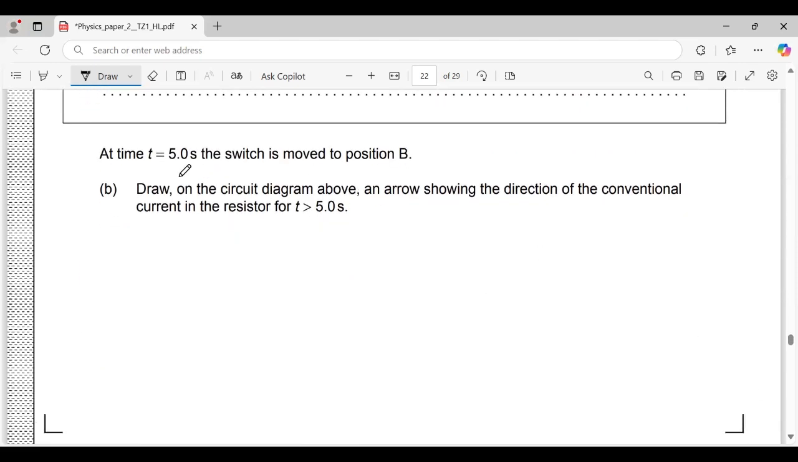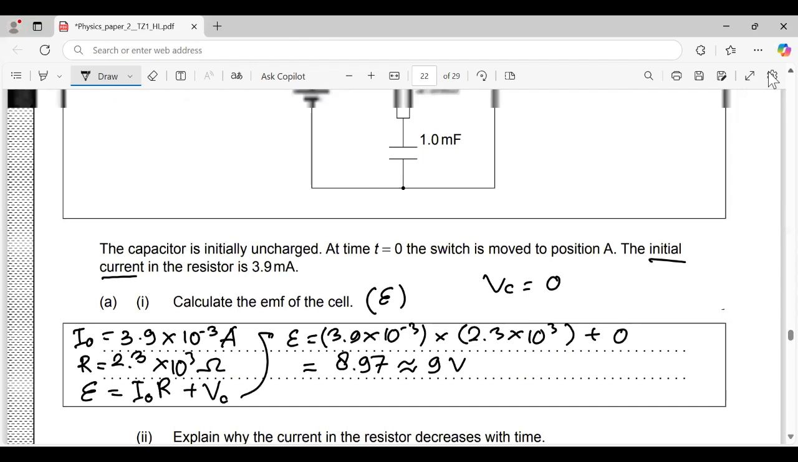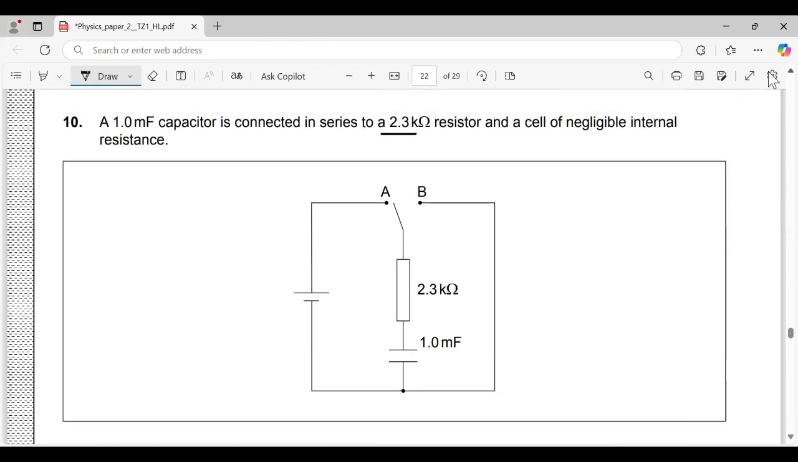Next, at time t equals 5 seconds, the switch is moved to position B. Draw on the circuit diagram above an arrow showing the direction of the conventional current in the resistor for t greater than 5.0 seconds. Okay, when t is greater than 5.0 seconds,